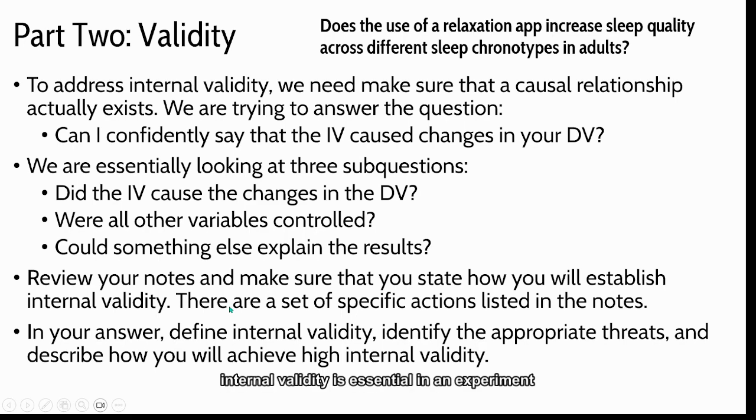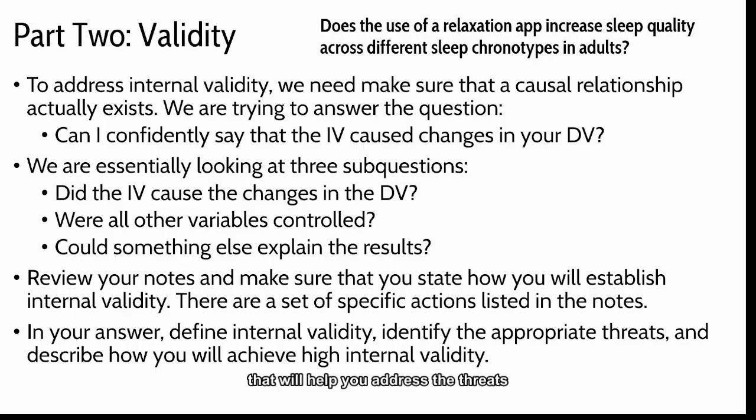Internal validity is essential in an experiment, because an experiment works to form a statement about a causal relationship. We want to know that your independent variable caused changes in your dependent variable. So there's 3 specific sub-questions that we need to address. Did my independent variable actually cause those changes in the DV? Did I control for any other variables? Could something else have possibly explained these results? So if you go back and look at the notes about internal validity, there is a set of specific actions that will help you